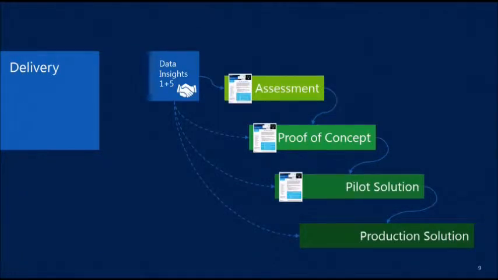If you really don't have an idea what your environment is capable of, or what your resources are capable of, what are the skills required to achieve this interest, this intent that we identified on that strategy day, we just start with an assessment. If you've got a good idea of what that is, but you want to kind of prove it out, and you've seen some of the technologies, you've seen some very future stuff, you've seen some stuff that's available today, but you've never put it all together to say, can we actually use this? Then we can do a POC, proof of concept.